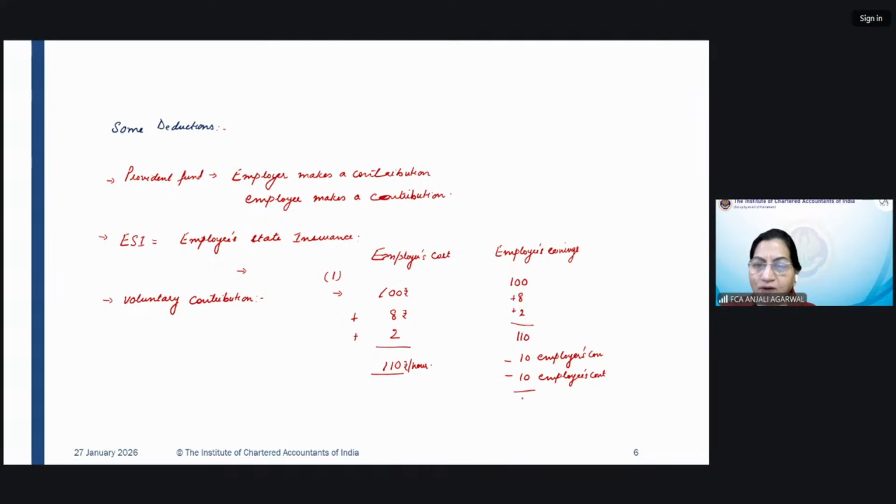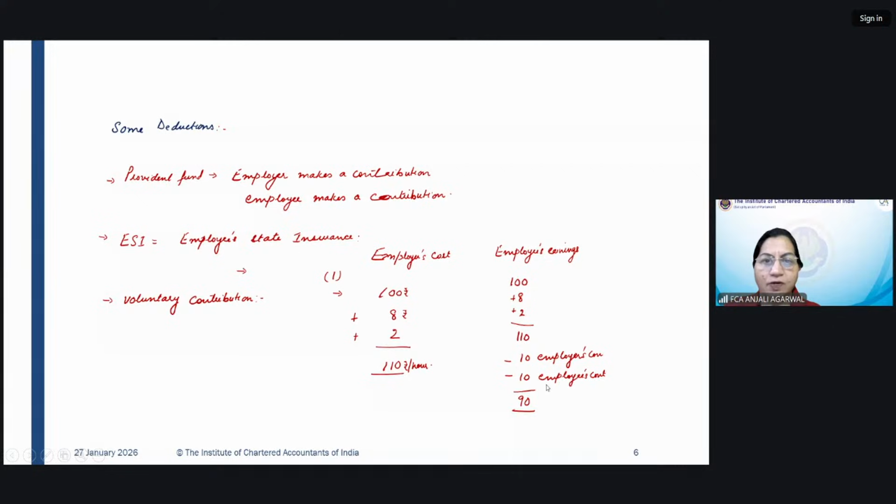So overall, at the end of the day, the earnings of the employee that he will get from the employer is 90. 20 will be deposited on his behalf towards a fund, or maybe it will go to ESI. So you have to see very carefully whether the question is asking what is the employer's cost or what is the employee's earning. If the employer's cost is being asked, you have to add the contributions made by the employer. But when the earnings of the employee or the cash that the employee will take away home is asked, you have to ensure that